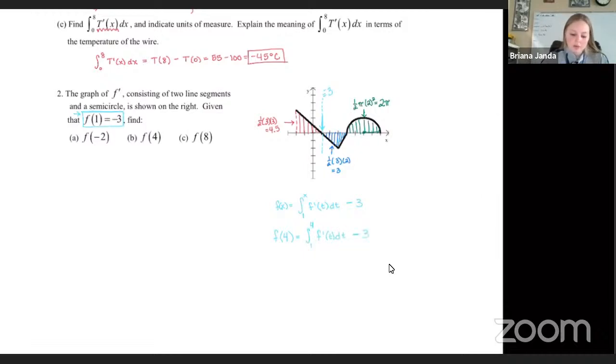Minus 3. Well, this section right here would be the area under the curve, but because that area is this part right here, that would be the area that you see in this picture that goes from 1 to 4. It's below our x-axis. When we are talking an integral, below our x-axis is negative. So we'd say this part would evaluate to negative 3. And then the minus 3 from how we had created this function means that f of 4